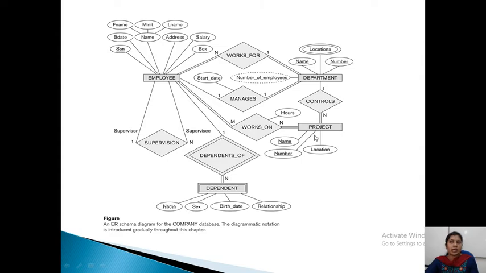Project controlled by department. Here I have written department at the top, that's why department controls project. Now in each department I can have n number of projects, right? But a project cannot be assigned to multiple departments. That's why it is one to many.